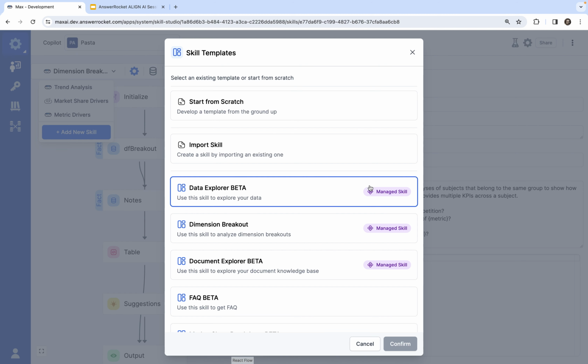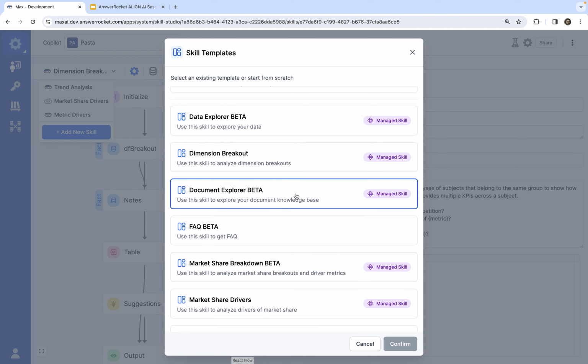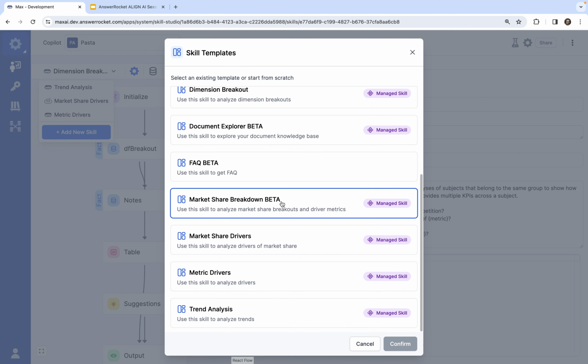I can use some of these managed skills that come from AnswerRocket. I know that when I use one of those, I'm going to keep getting good, juicy updates to them with every release of AnswerRocket. Or I can make my own, or I can grab one of these and use it as a starting point, right? All these are my options. The main point being that at the end of the day, I want the business user to not care which of these skills was used, and I want the analyst to have their work multiplied via reuse. So I really get the benefit